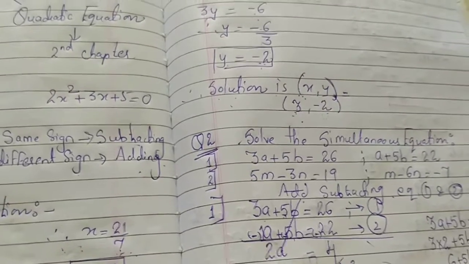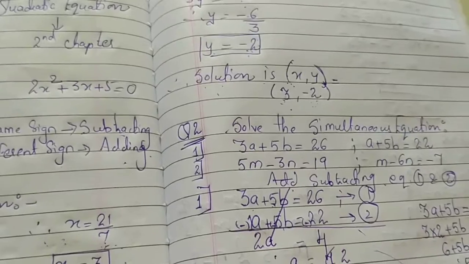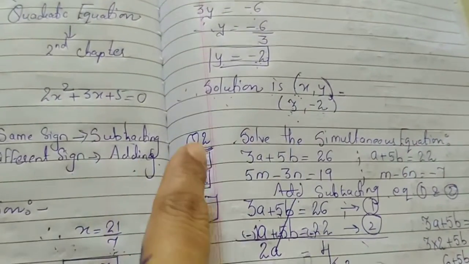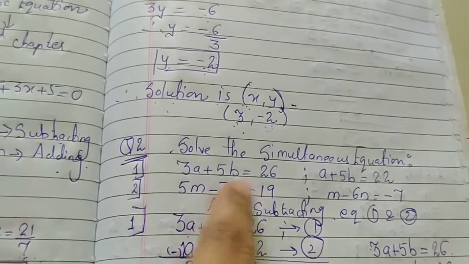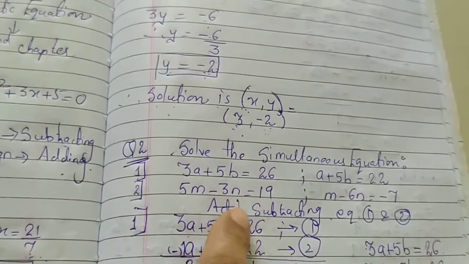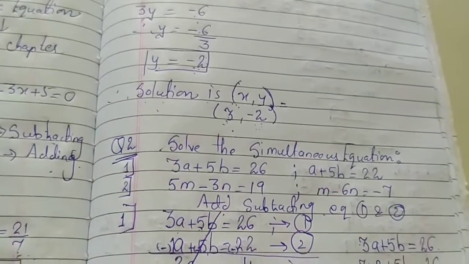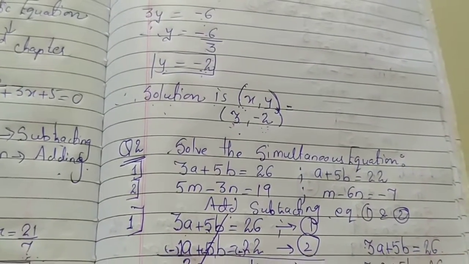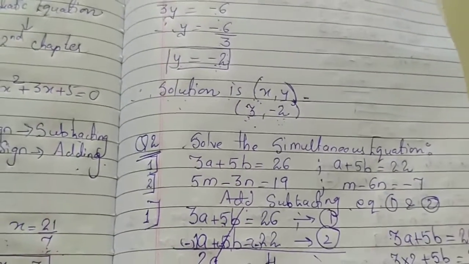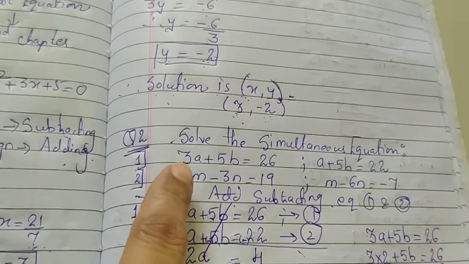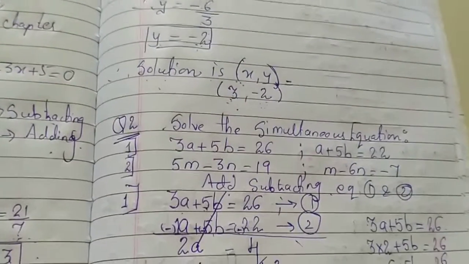In the next one, again we'll be taking few more sums, that will be different. Here you can see I have taken two different types of question. First one was when the coefficients were same, and in the second one when the coefficients were not same and you have to make it same. So two types of sum we did. In the next class I'm going to take the third type, when the coefficients will be interchanged.